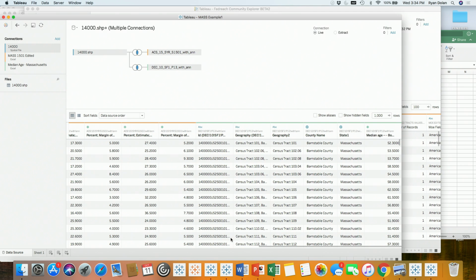So the reason that I brought this up is that it's very important for us to be able to associate the margin of error with an estimate. When you're building a bar chart, for example, you click on the measure names. It doesn't know that the column next to it, the margin of error, is associated together. So we figured a workaround, but it's a lengthy workaround. In this case, we have already about